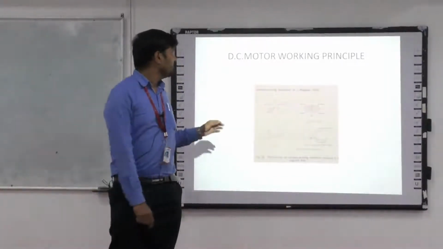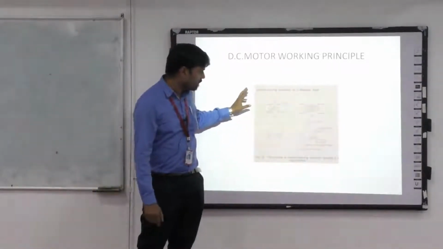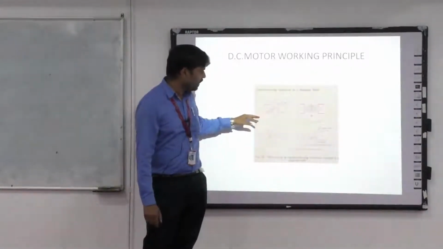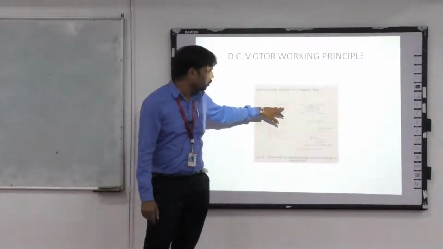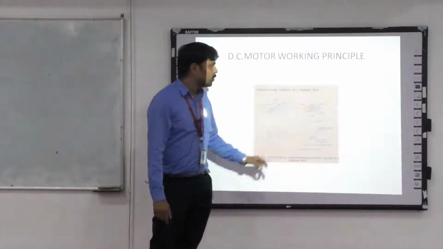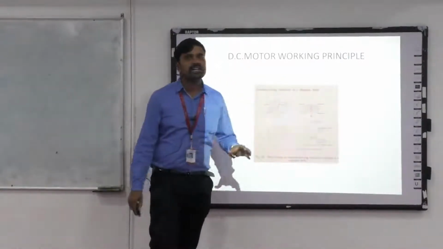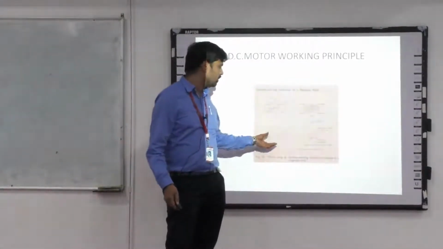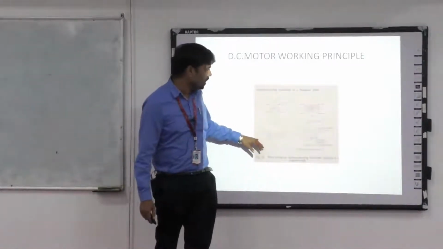You see here, a current carrying conductor is placed in a magnetic field, so it experiences a mechanical force. The conductor is placed, we pass a current in it, and the magnetic lines of force travel from north pole to south pole. Two fluxes are present: the magnetic flux and the flux produced by the current flowing in the conductor. The two fluxes interact with each other, a deviation occurs, causing turning and twisting, so the motor starts rotating.